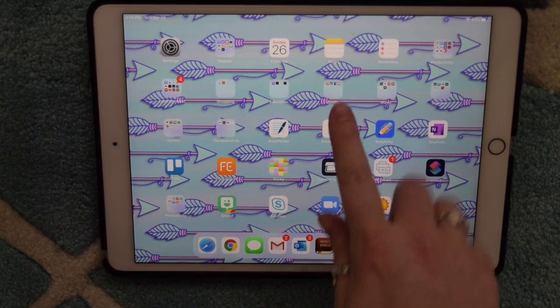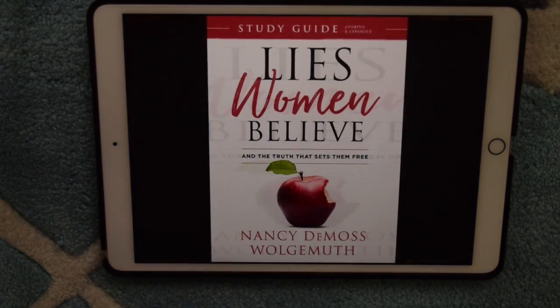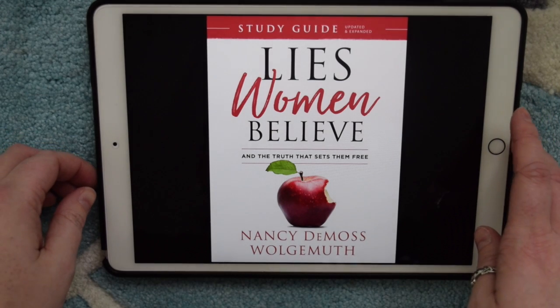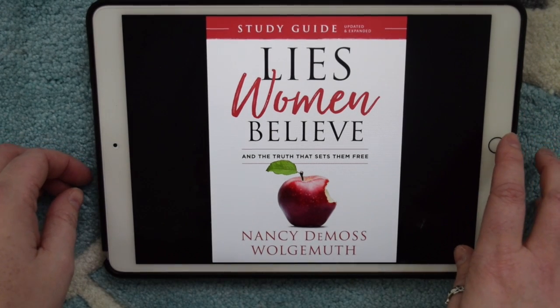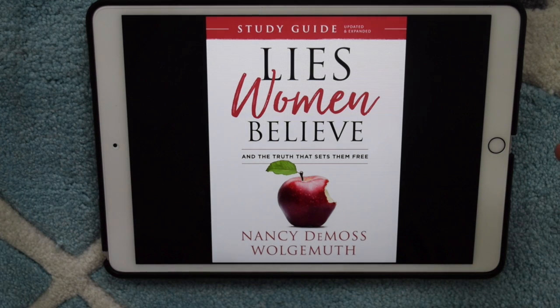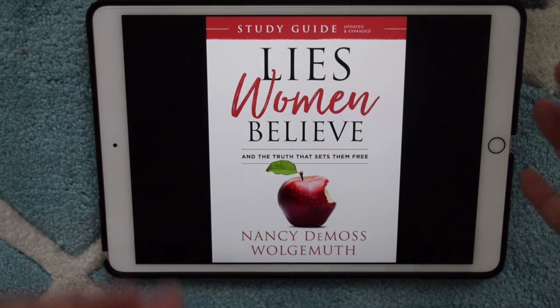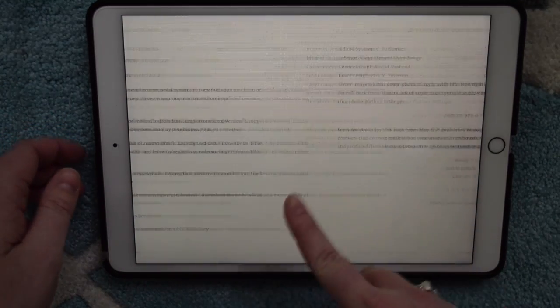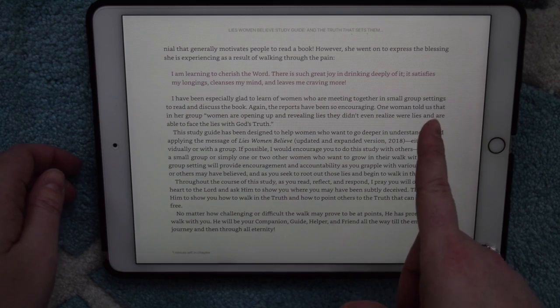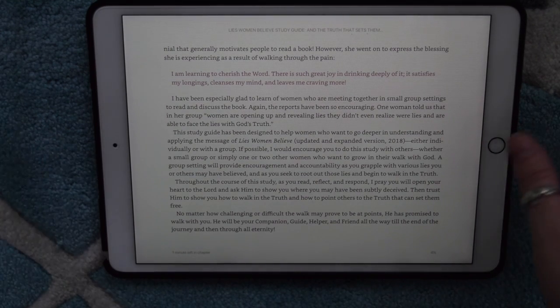So I have the Kindle app for our book. There's our book for the Bible study, and then this is a study guide for it. I have the physical book for the actual study, and then we have the study guide here. I hope I'm not breaking copyright things by doing this. I'm doing it for myself, so I don't think I am, but we'll see. Anyways,